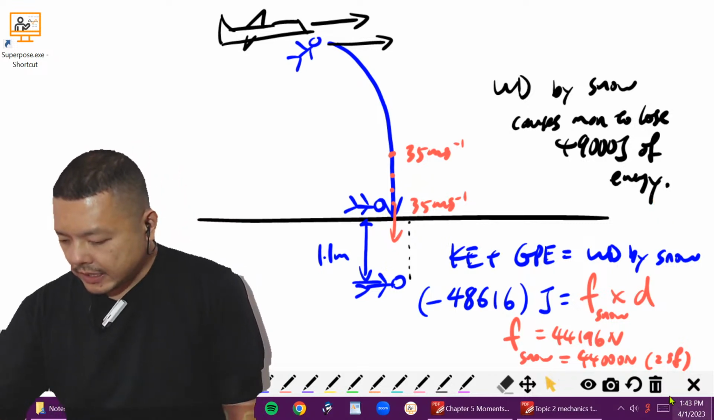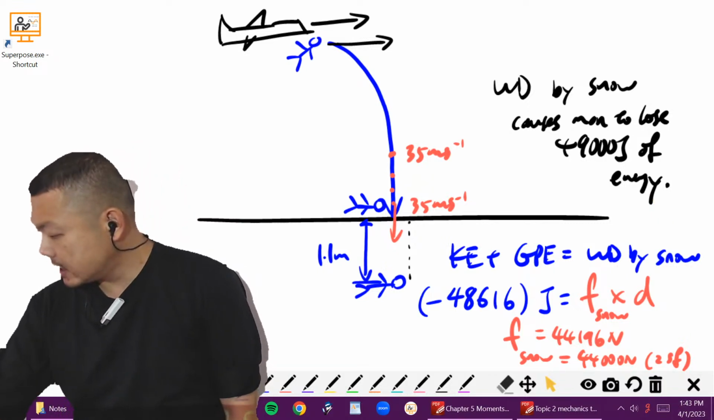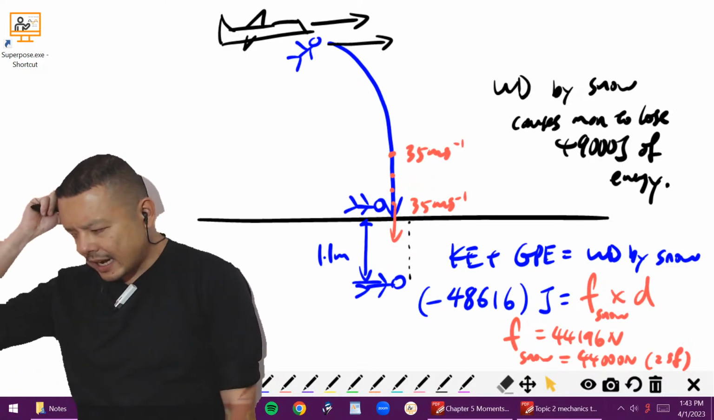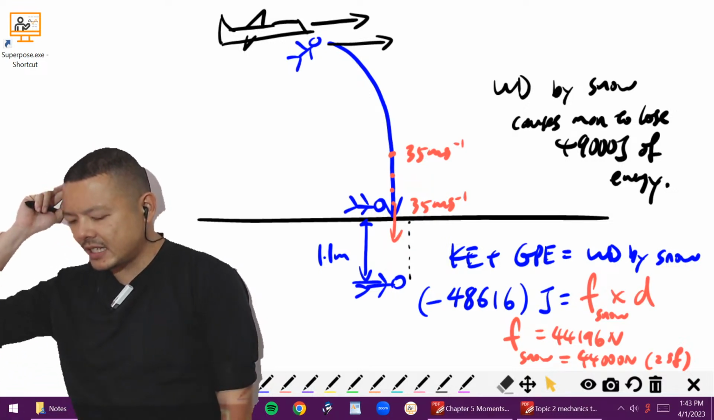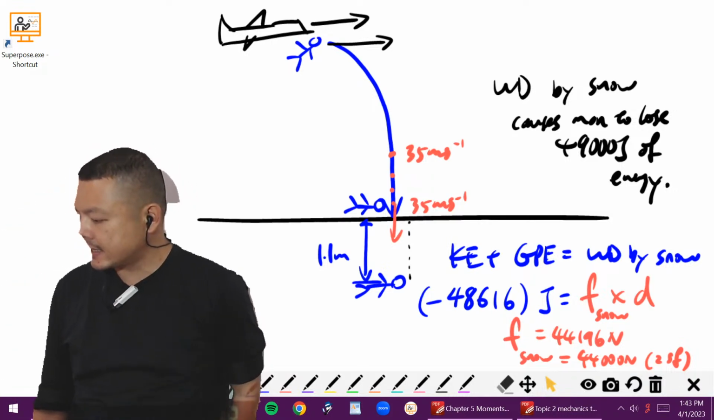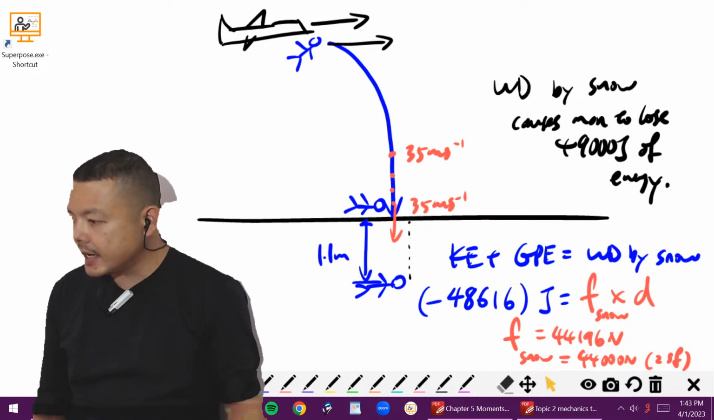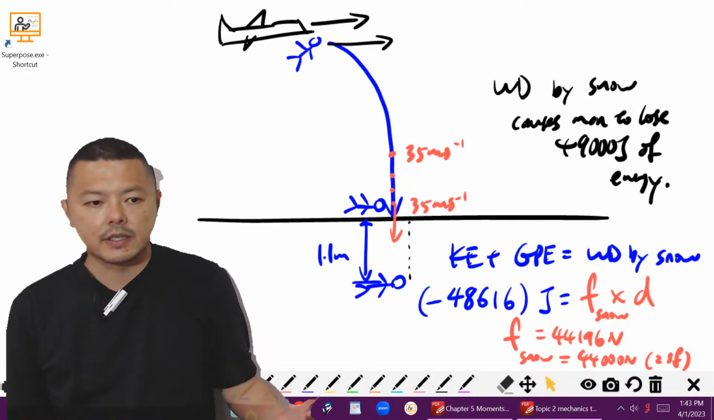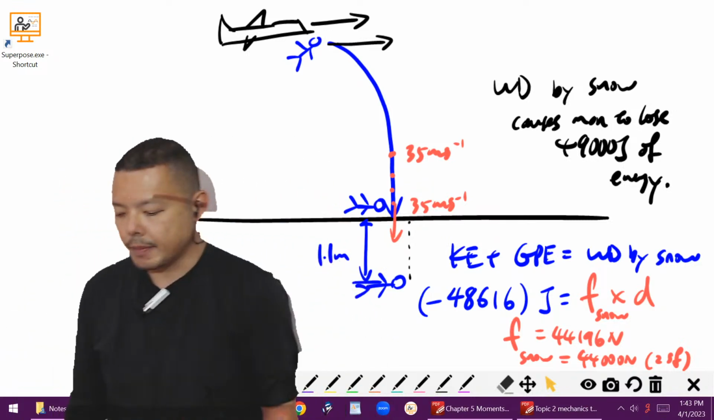Right. So that's the first two questions done. The third part: what's the work done by air resistance as he fell? Part C. Can we do part C now? We're done with A and B, yeah? So now we do part C. Do you see part C? Okay. Now part C,